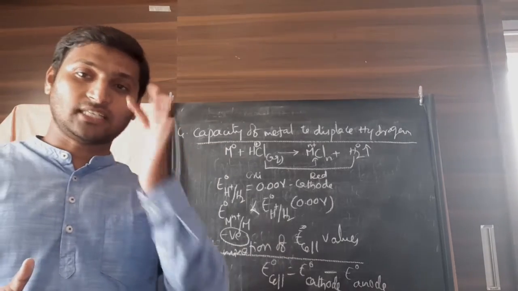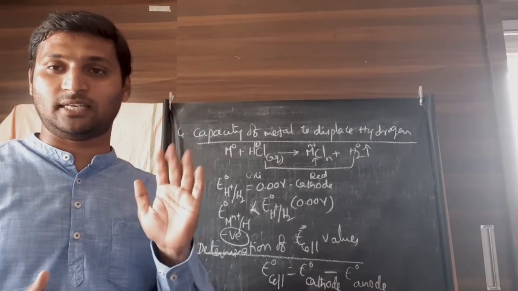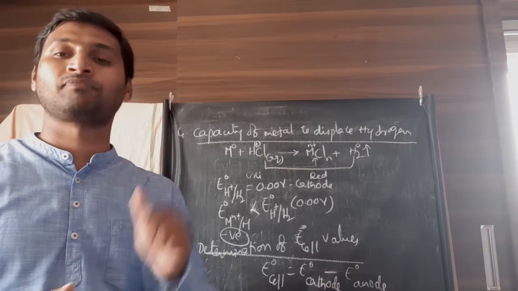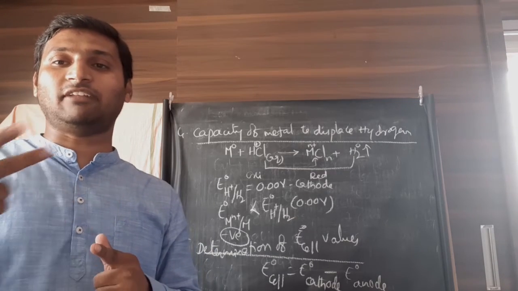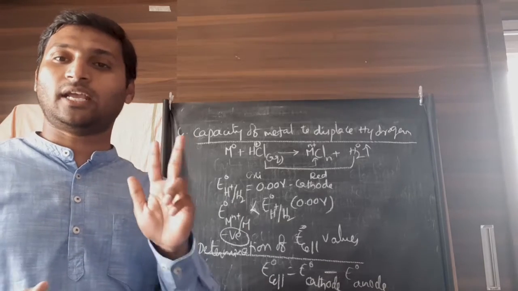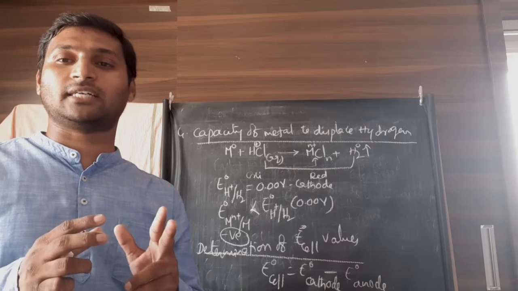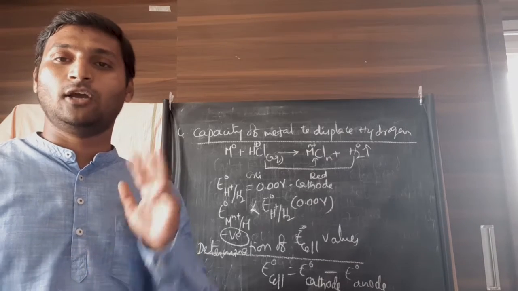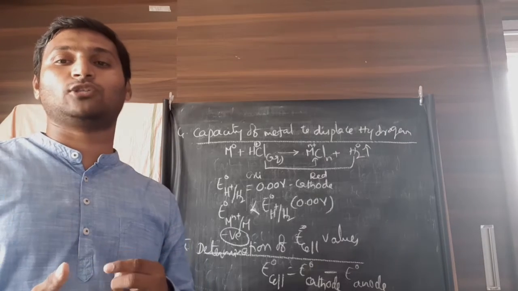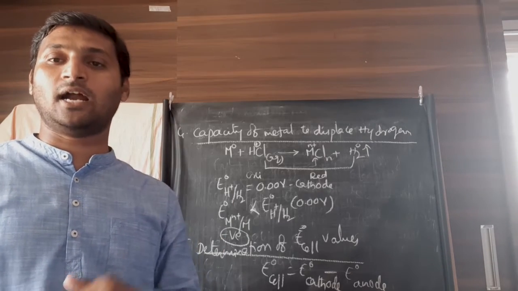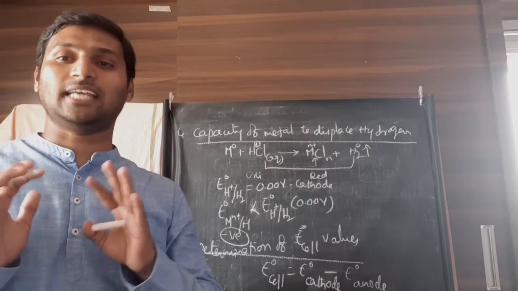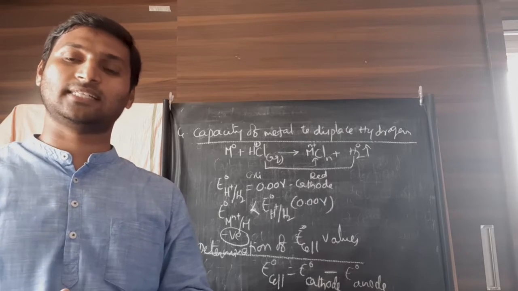So we have discussed 5 applications of the electrochemical series. 1. How to compare reducing and oxidizing capacities of substances. 2. How to find relative reactivities of elements, be it metals or non-metals. 3. How to find out whether a given redox reaction is spontaneous or not. 4. Whether a given metal can displace hydrogen from an acid and liberate hydrogen or not. And 5. For any given combination, how to find the standard cell potential of a given galvanic cell.